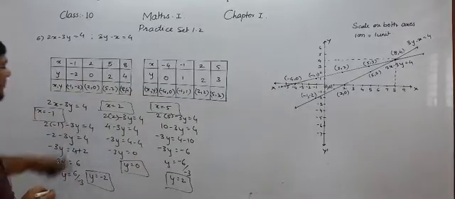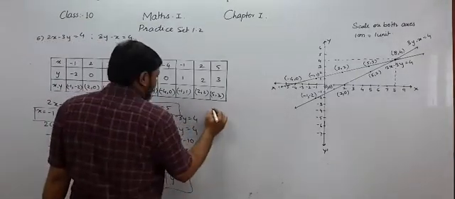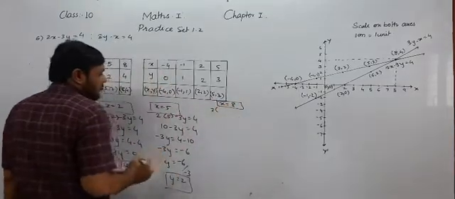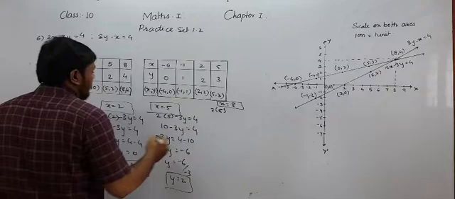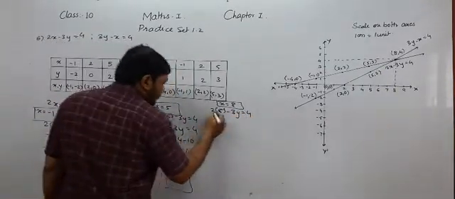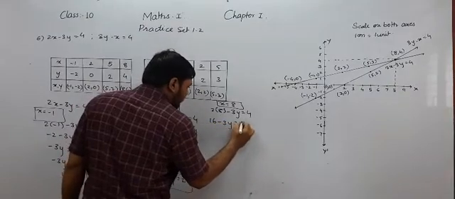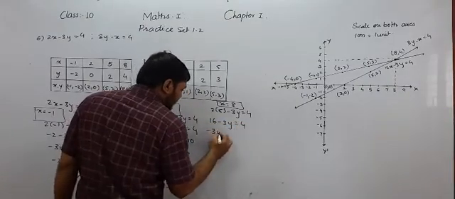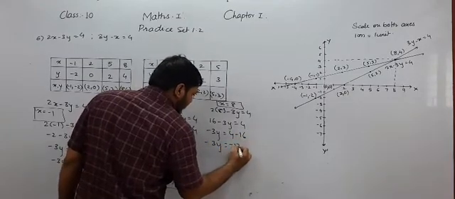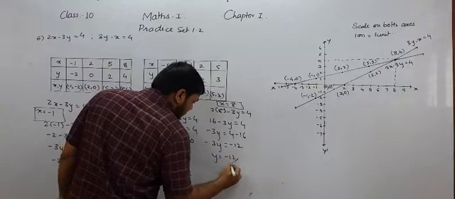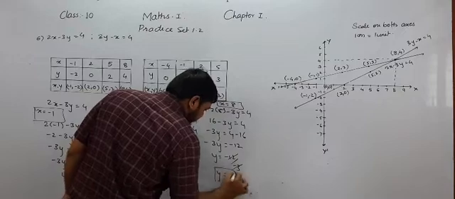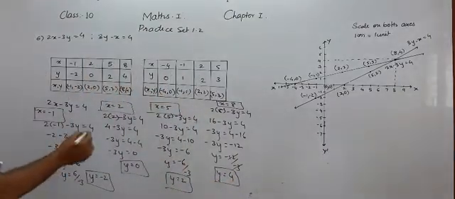Now in this way we can find the last ordered pair. We have to put 8 instead of x. So x equal to 8. 2 in the bracket 8 minus 3y equal to 4. 2 8s are 16, so 16 minus 3y equal to 4. So minus 3y equal to 4 minus 16, it will be minus 12. So y equal to minus 12 upon minus 3. y will be equal to 4. 3 1s are 3, 3 4s are 12. Negative negative will be positive. So students, this is the next ordered pair.